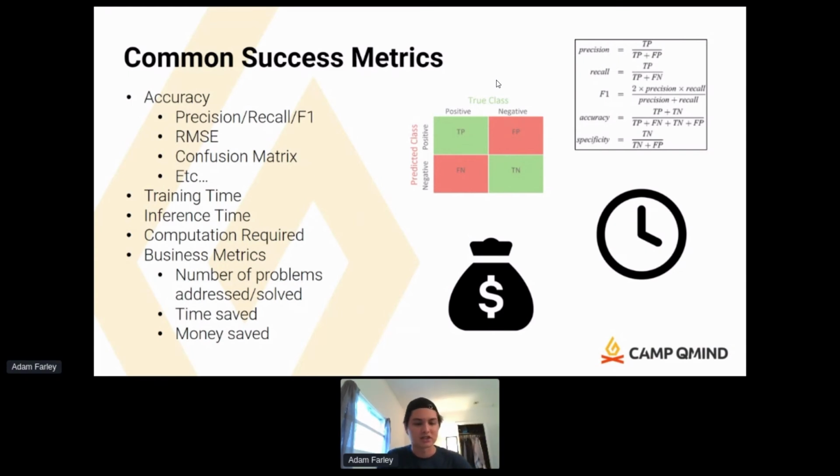The inference time: some models take a millisecond to get you from input to prediction. Some models take half a second, and a millisecond versus half a second might not seem like a lot, but if you're running a real-time system with a lot of requests coming in, that inference time can be pretty impactful in the success of your model. The computation required is pretty closely linked to inference time. I just wanted to talk about computation specifically